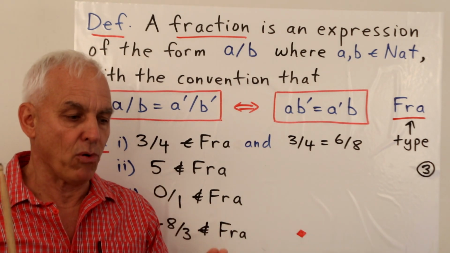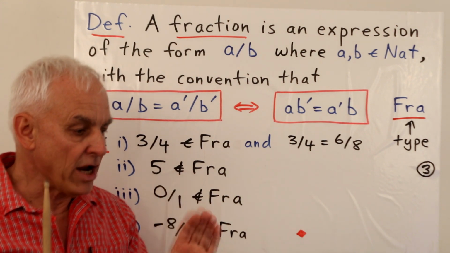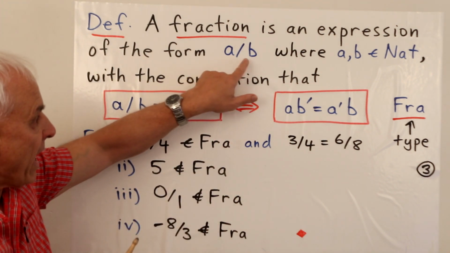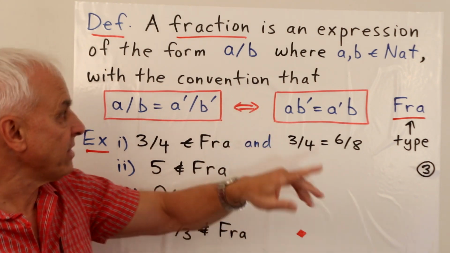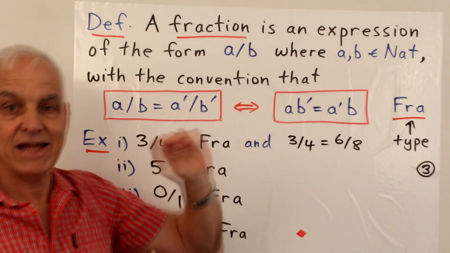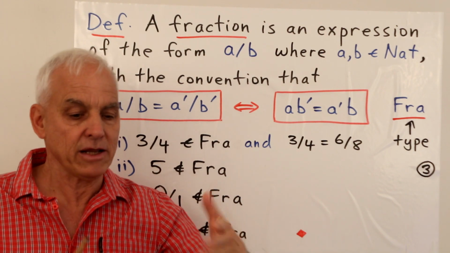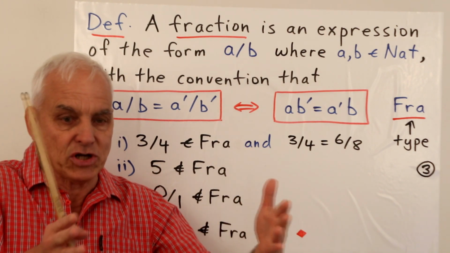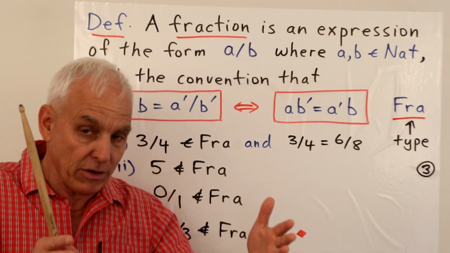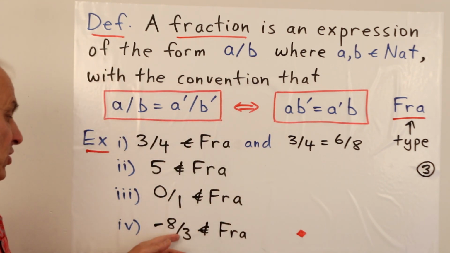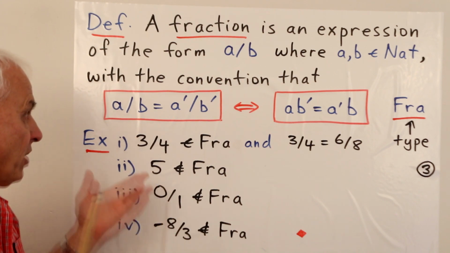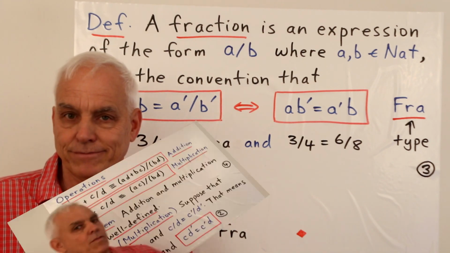Okay? That's also important to observe. Now we do not have a 0, so we do not actually have to make the extra requirement that the denominator, b, is not 0. That's automatically true because of the restriction that all of the numbers we're talking about are natural numbers starting with 1, 2, 3, etc. And minus 8 over 3, that's also not a fraction because we're not including negative numbers.